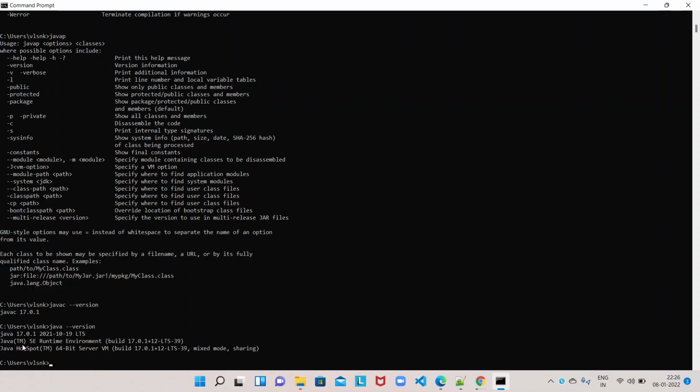Okay, it is showing not only the JDK, it is also showing the Java version, the JRE version, and the Java HotSpot. Okay, these are the JRE, Java HotSpot, JVM. These all are part of the JRE. Okay, and along with that,